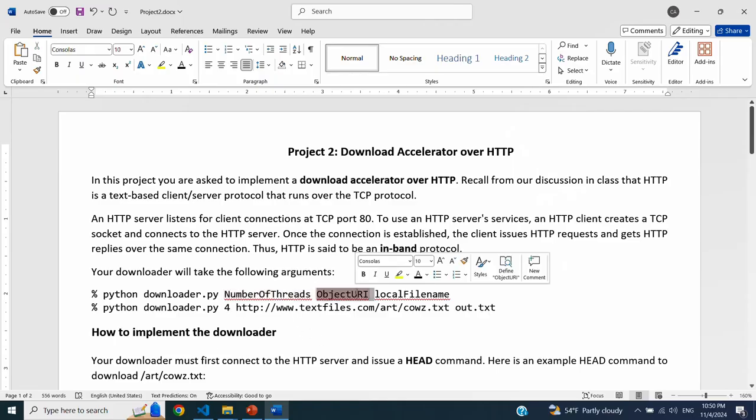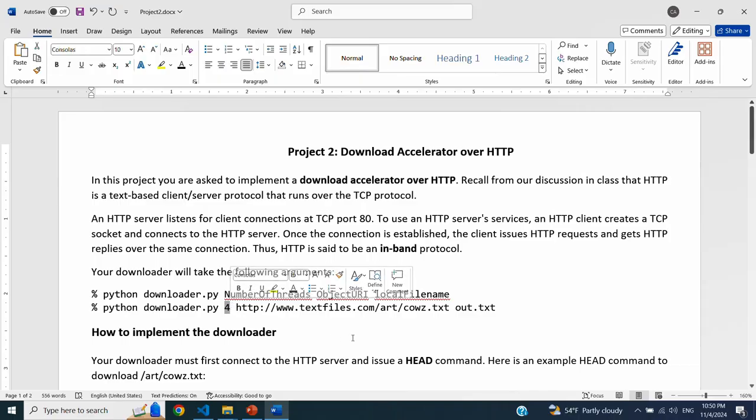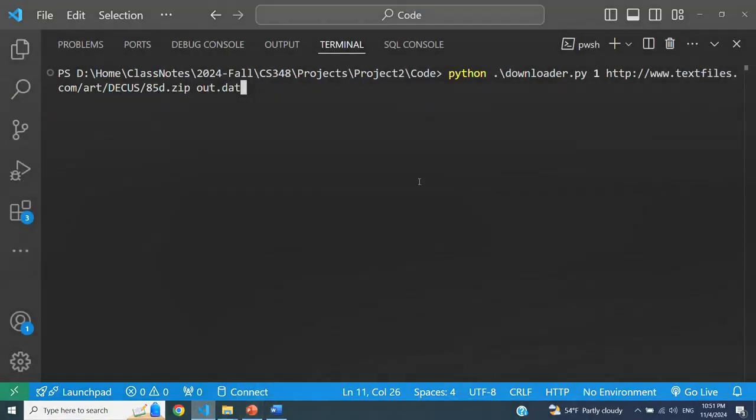The second argument is the actual object URI of the object that we are trying to download, and the third argument would be the name of the local file where we are going to write the downloaded object to. For example, let's say I would like to download this using 4 threads. This is the actual URI of the object, and then out.txt is the output file where I would like to write this file.